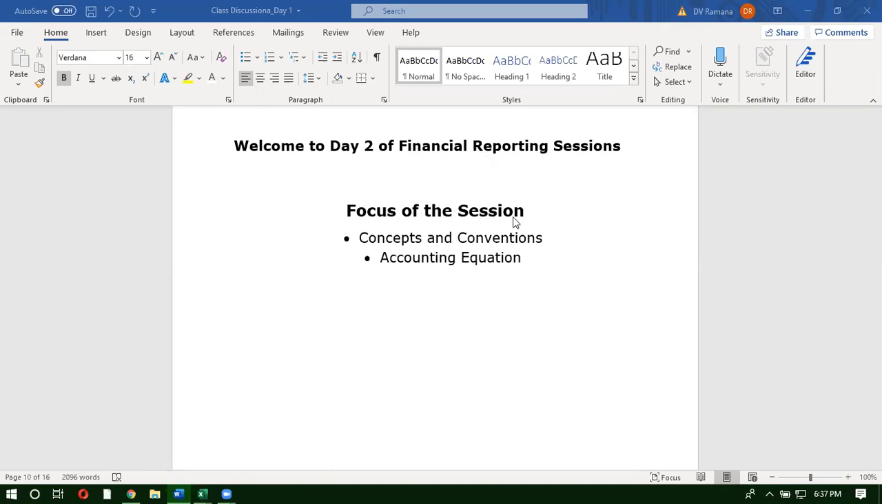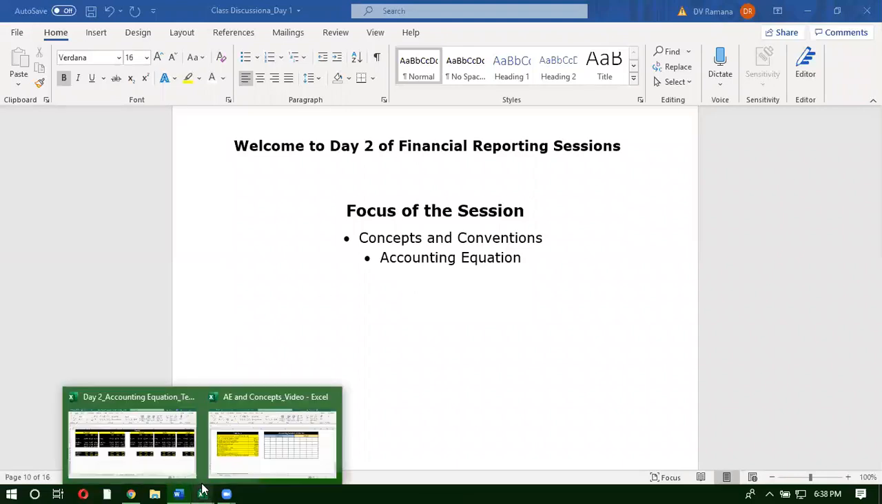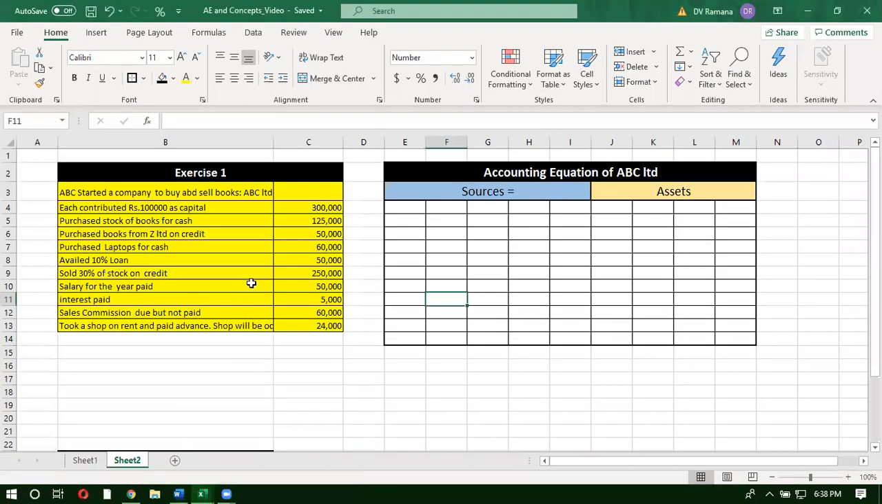The focus of this session is some concepts and conventions of accounting, and we'll understand these concepts and conventions while examining the accounting equation. And this entire process of understanding accounting concepts and conventions through the accounting equation we will do through an example. So these are the set of business decisions